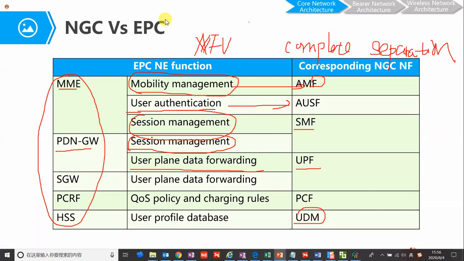Your point is, for example, where these functions are located in the core network. Yes, you have cloud, but you have central cloud, you have fog cloud, and you have also edge cloud.